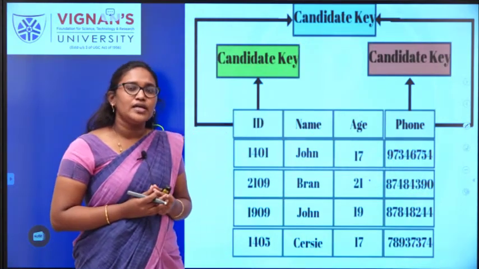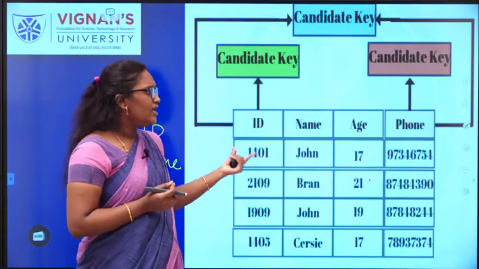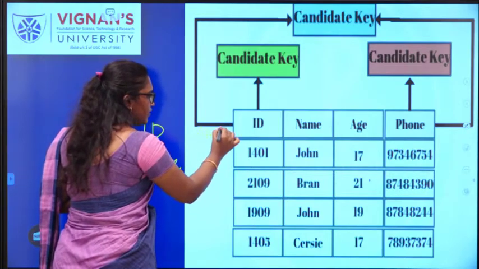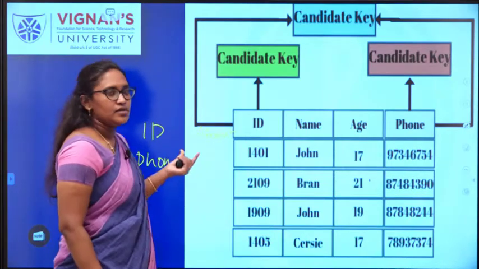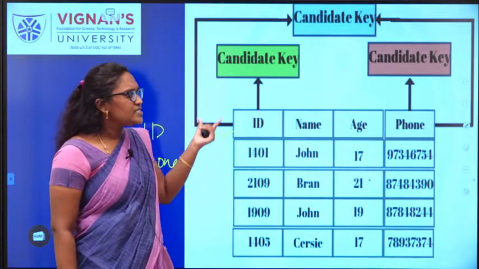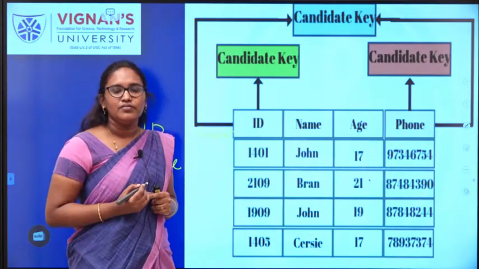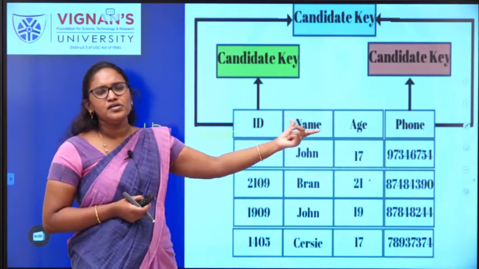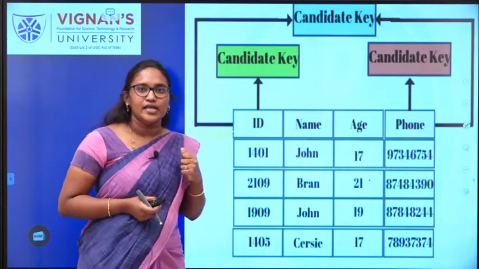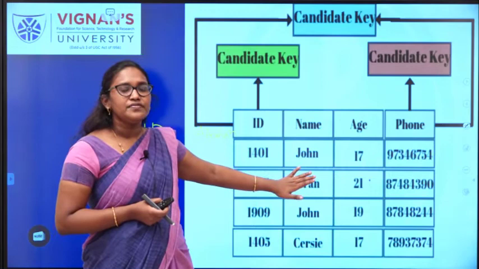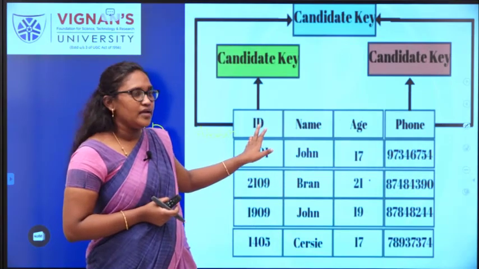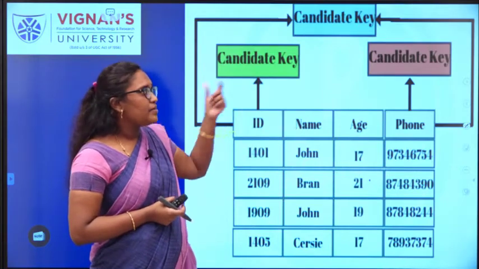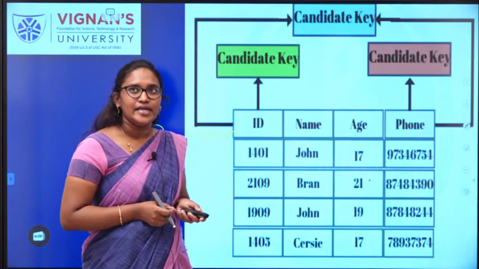Can you observe this in your day-to-day life? If I take the Aadhaar ID in the same table, each and every person will have a unique value, right? That is the reason Aadhaar ID, your ID and phone number together are called a candidate key. That means if a table or a relation has two or more primary keys, then those primary keys together are called a candidate key.